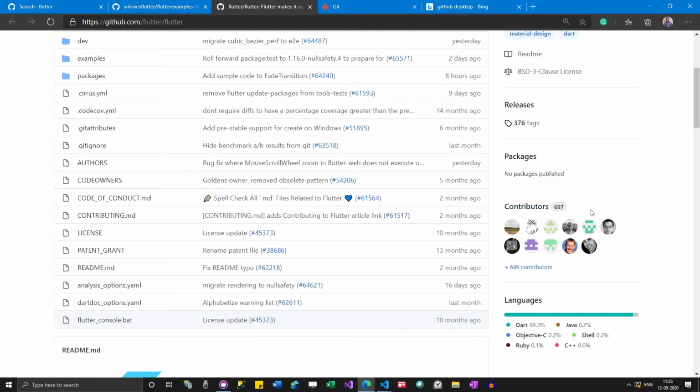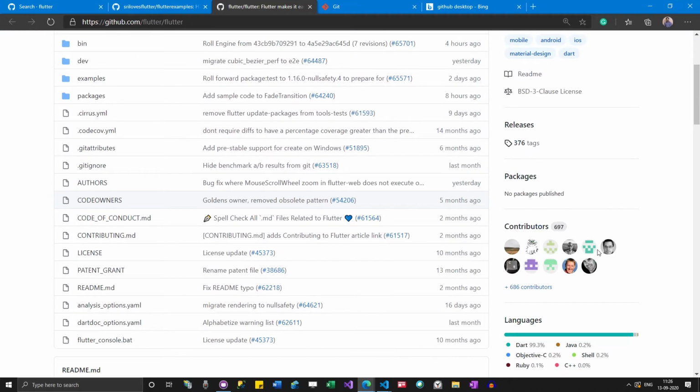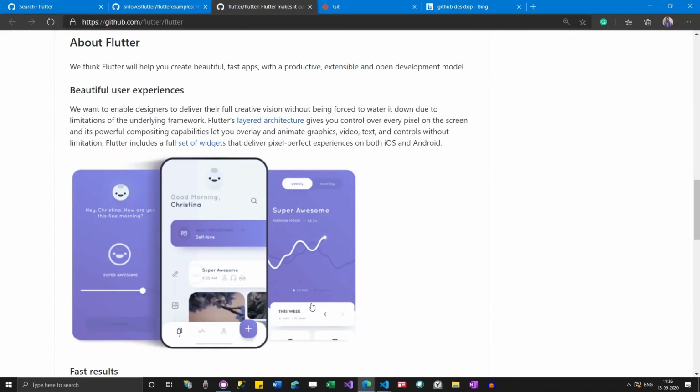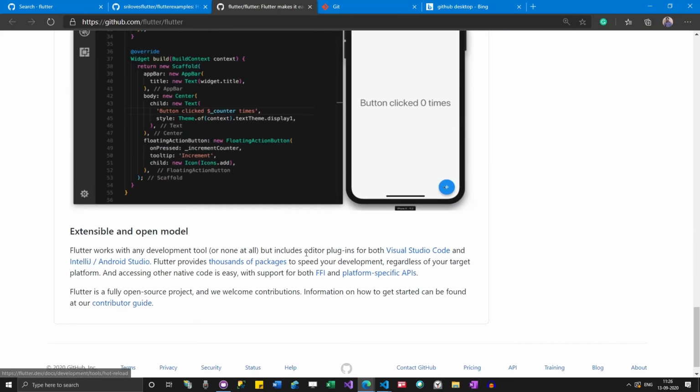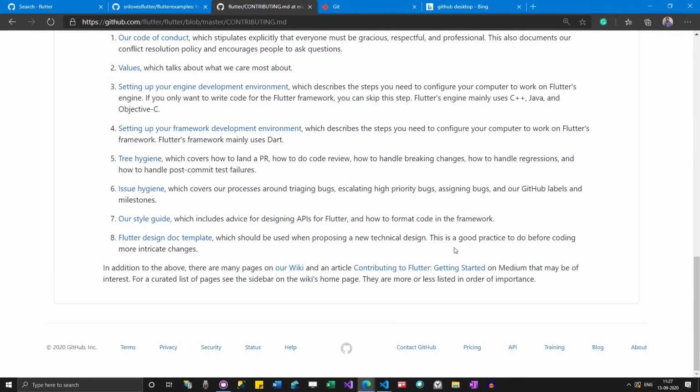It will give great mileage to your profile. Being a contributor to the Flutter SDK itself will be a great achievement. You have to go through the contributor guide, understand how to file an issue, and then do it.